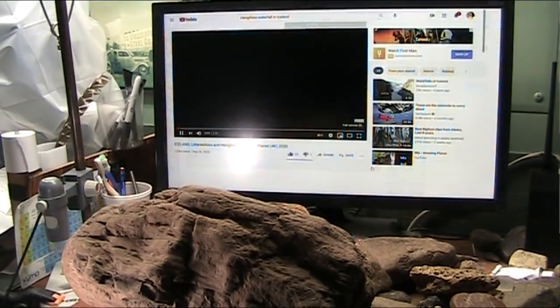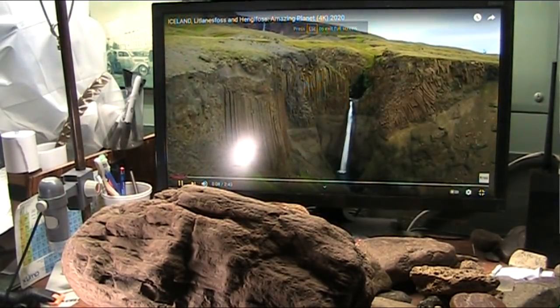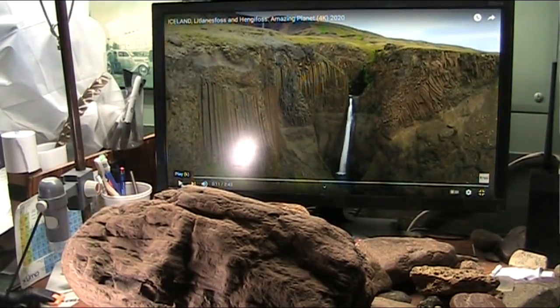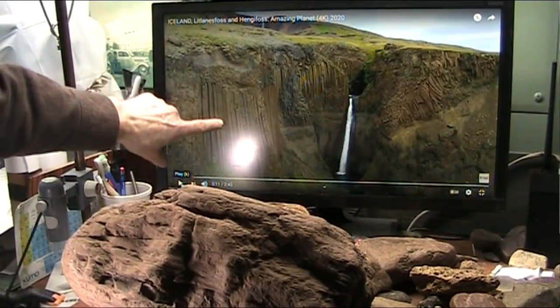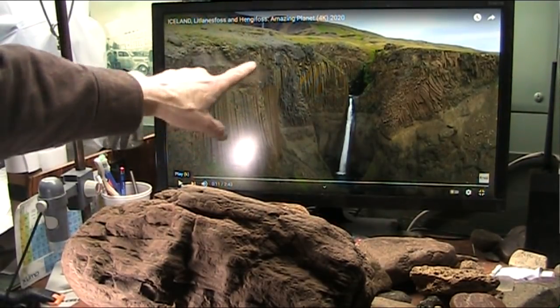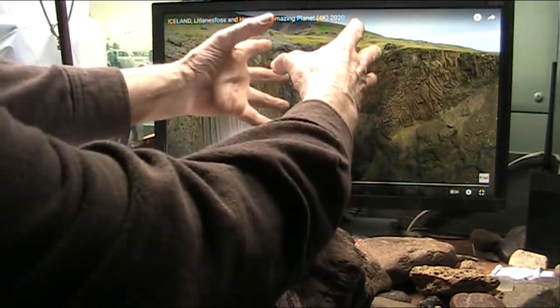Now watch what happens now. All right, look at this now. As you know, I understand these formations. And what you're looking at right there are tendon fibrils. That's an abrupt transition. These are tendon fibrils splaying off. So there's some form of